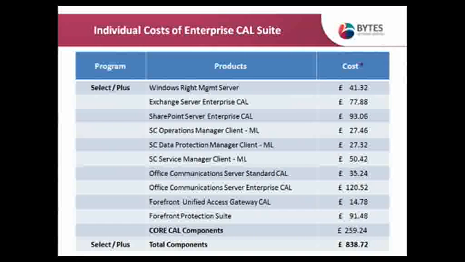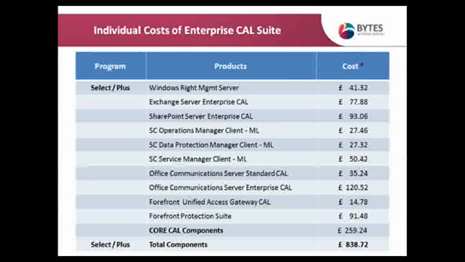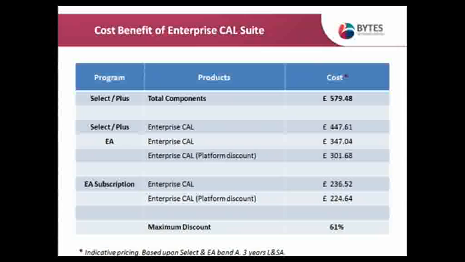What we've then done is we've replicated this working for the enterprise cal as well, and you can see that by buying all the components separately, you could be looking at a cost of £838.72 under a select agreement. However, if we move that to the enterprise cal suite as opposed to buying the components separately, it then comes in at £579.48. Compare that again to the enterprise agreement at